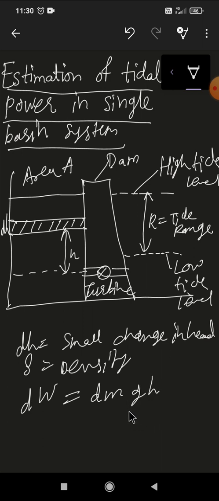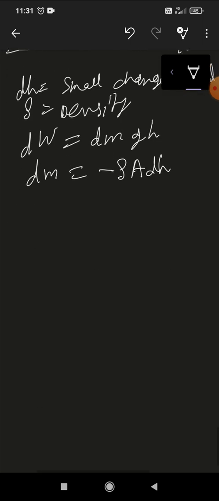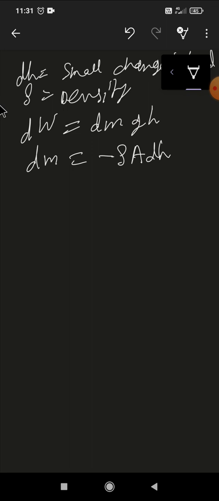But what is dm? Small mass, that is density into volume, that is rho A into dh. If we apply this mass in the formula of work, the dW will be equal to minus rho A